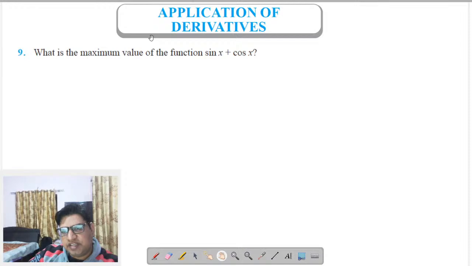Okay, so here we have one more question of the same type, but in this case the intervals are not given to us, so we'll check for any other interval. Okay, so first of all what we do here is find out the value of the critical points. So we'll find out the critical point first, okay. So here we do the same. So let's find out critical value of the function